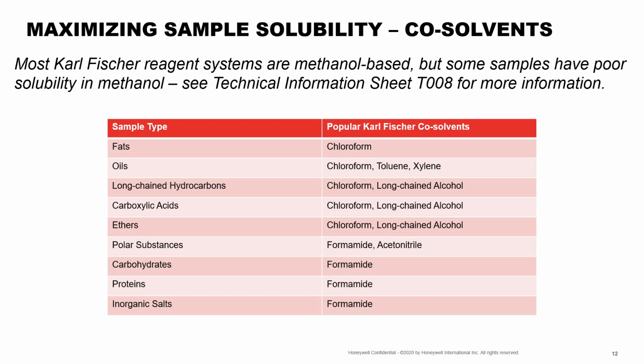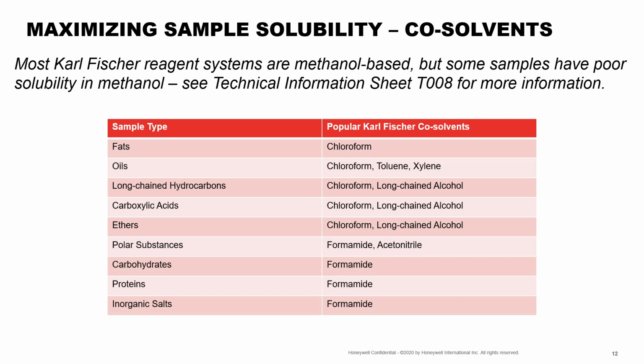If you recall our Karl Fischer reaction, you'll recall that a primary alcohol, typically methanol, is used as a working medium. Methanol is a great solvent for a lot of samples, but some do have poor solubility. So think about fats, oils, carbohydrates, for example. If we're working with any of these types of samples, simply injecting the sample into our methanol-based reagent system isn't going to allow us access to all of the water present in the sample, only that which is on the